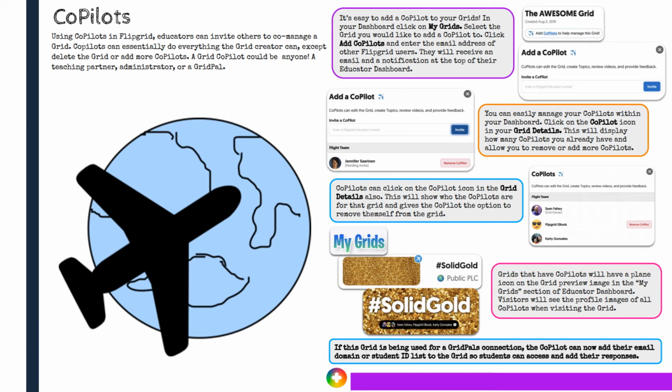Just start inside one of your groups that you want to invite someone to. You'll notice that little plane up at the top right. You can see it says add a co-pilot. Click the co-pilot link. It'll pop out a little box for you to just type out their email. Whoever you invite as a co-pilot will also need to make sure that they have a Flipgrid account. But then click invite, and once it goes through, you'll see their name at the bottom,